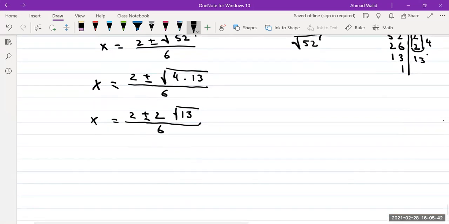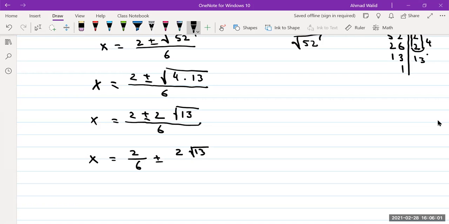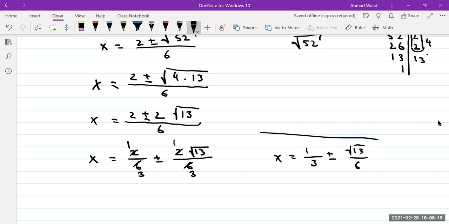Now you can factor out 2 and simplify with the denominator, or you can write it as partial fractions and simplify. It means do this. X equals 2 over 6 plus minus 2 radical 13 over 6. I can simplify. Then X equals 1/3 plus minus square root of 13 over 6 is the solution for the quadratic